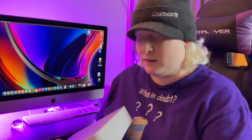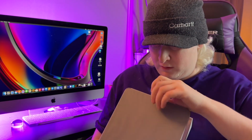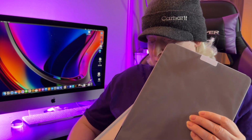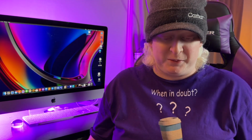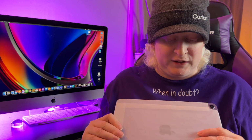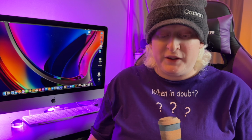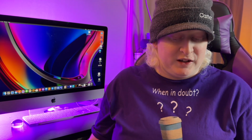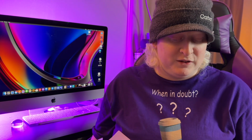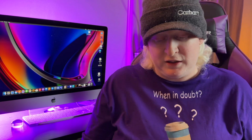All right. This is kind of weird to hold because my other one is the 12.9 inch. This is the 10.9 inch. Okay. Now, one thing I have seen is that the colors on these iPads, these particular ones,